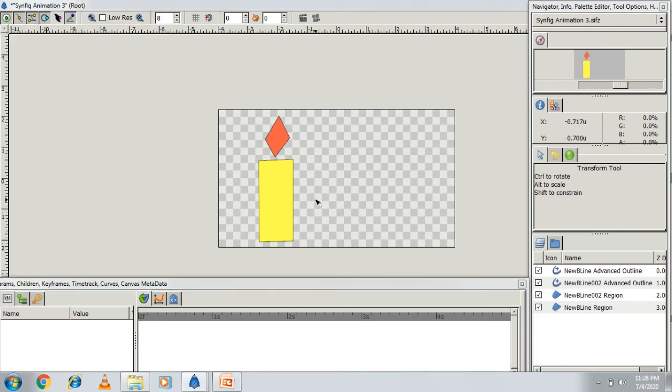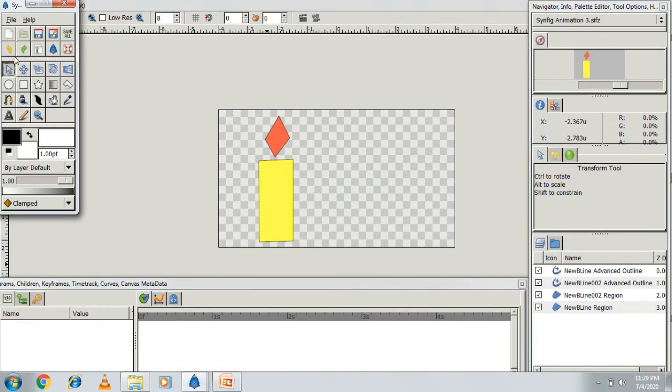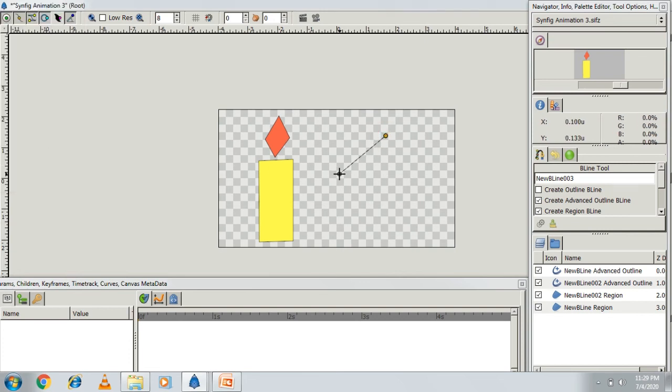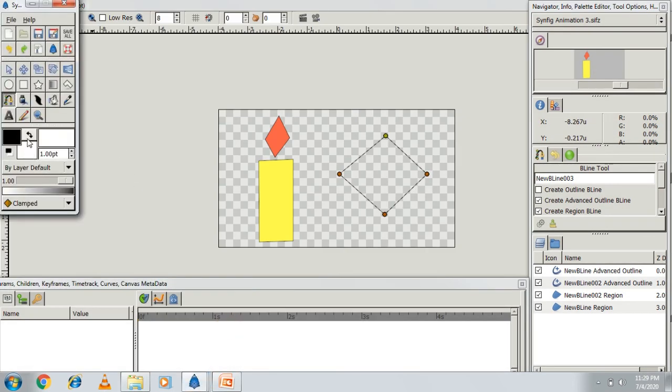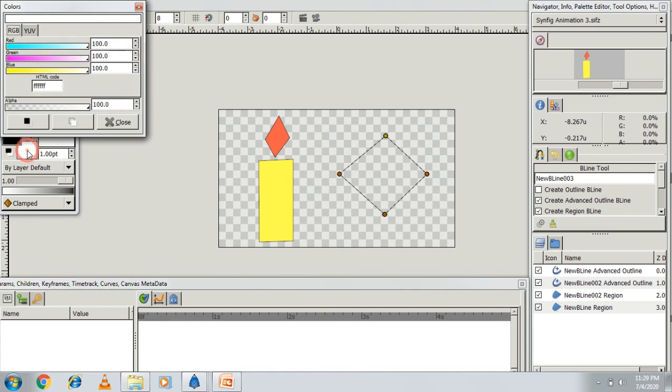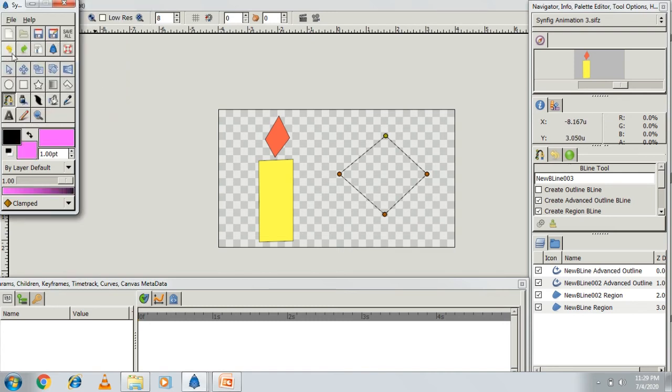Now second, using the beeline tool I want to create a kite. So again I am clicking on this and I apply color. Suppose I change this color first, apply it.